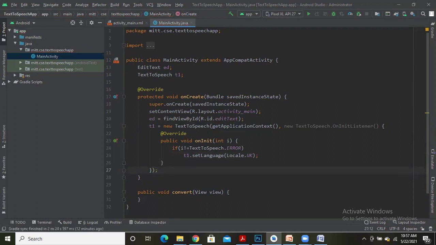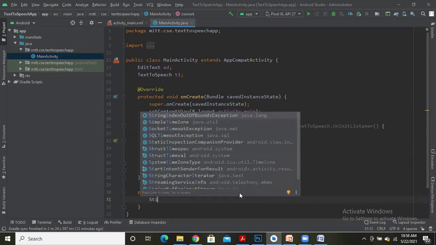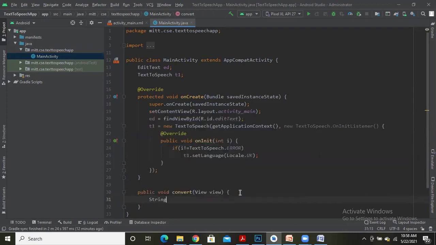So after instantiating, now we are going to call a speak method which is going to convert your text into voice. Before calling speak, we need to read the text from the edit text field, which I am going to store in a String variable text, which gets its value from the edit text field ed.